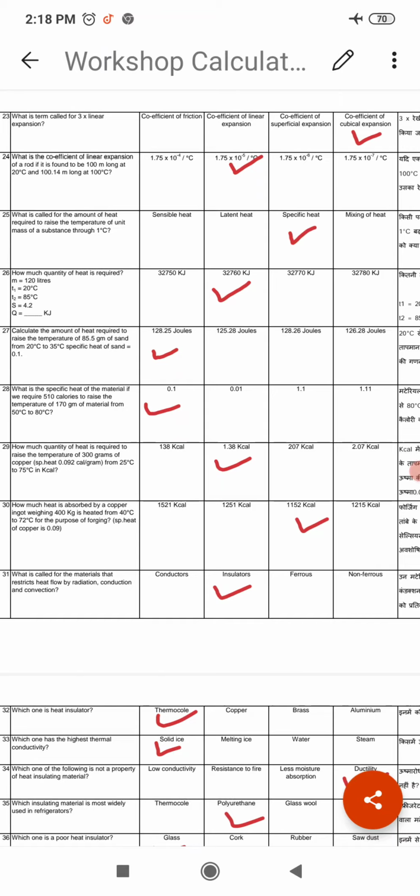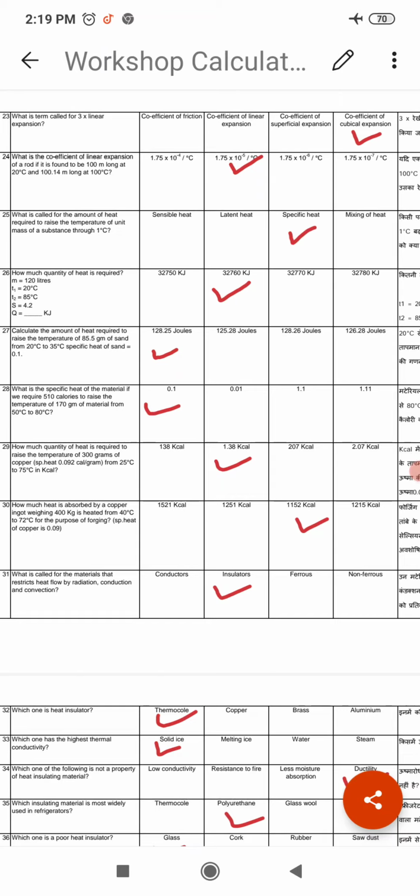Option C. How much quantity of heat is required? Q is equal to 32,760 kilojoule. Next, calculate the amount of heat required to raise the temperature of 85.5 gram of sand from 20 degree centigrade to 35 degree centigrade. Specific heat of sand is equal to 0.1. Its answer is